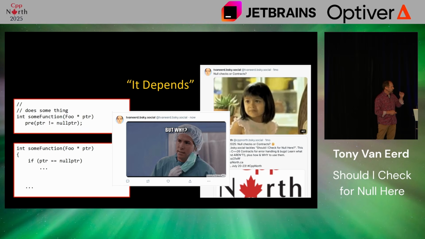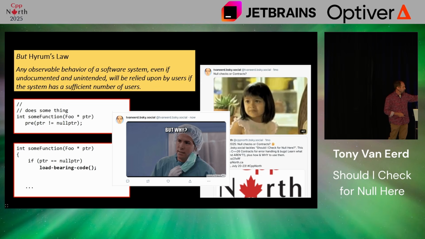So even if I put in a contract at the top that says it's your fault if you give me null, I should not have to check for it. It's so obviously your fault. I might still check for null because you're going to shut off contracts, right? And I just don't want to be blamed for when it's null. Now, what am I going to do if it's null? That is going to be load-bearing code. I'm just going to do something to not be my fault, and then you're going to rely on it, right? And